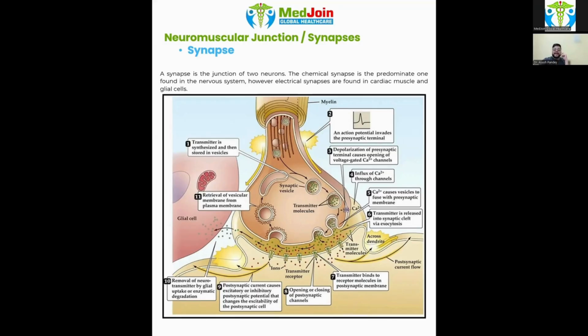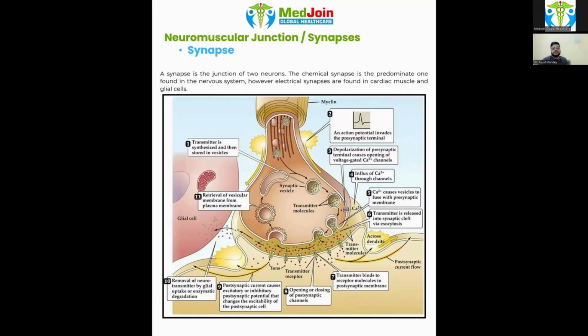Now coming to the synapse, what exactly is a synapse? Synapse is a very beautiful term. It is the junction, the space between two neurons, or between a neuron and an effector cell. So what exactly is the function? Here the electrical signals come and are converted into chemical signals. How are these electrical signals, which have come from the cell body to the synapse, converted from electrical to chemical signals? They are converted via